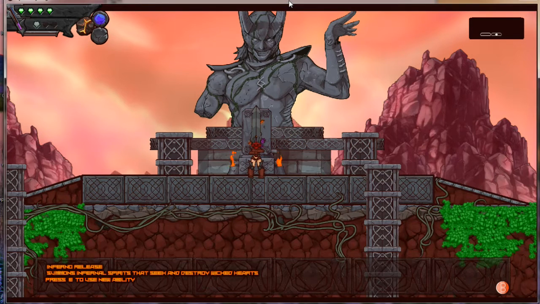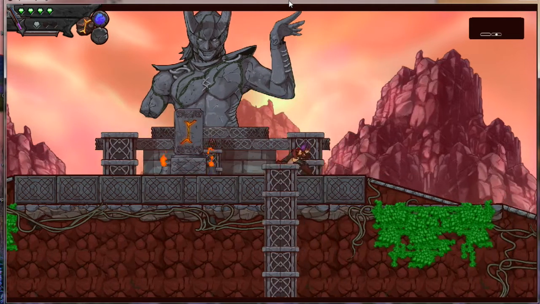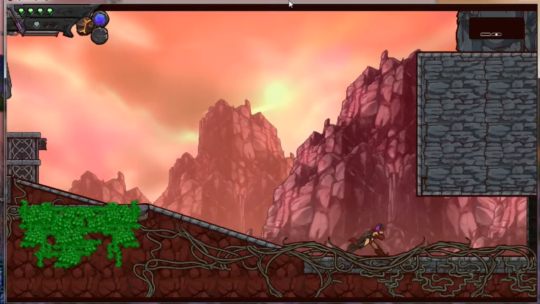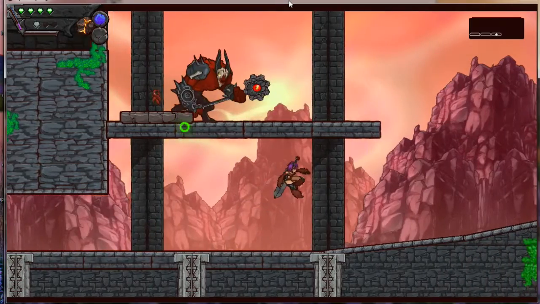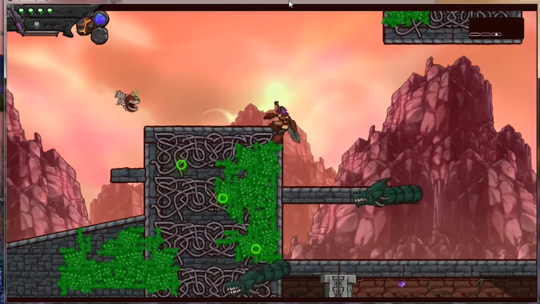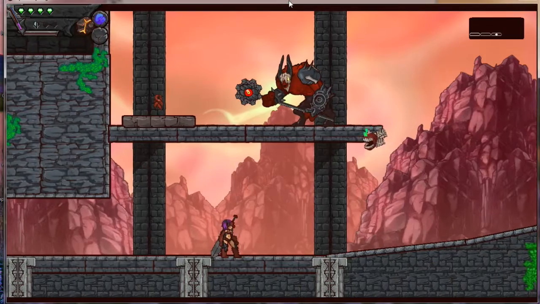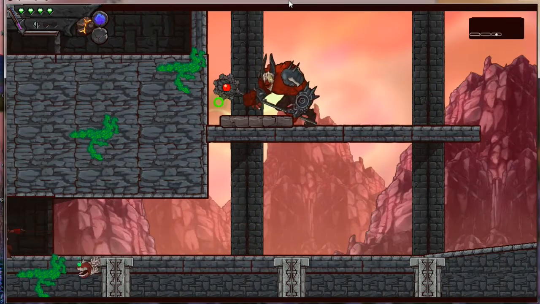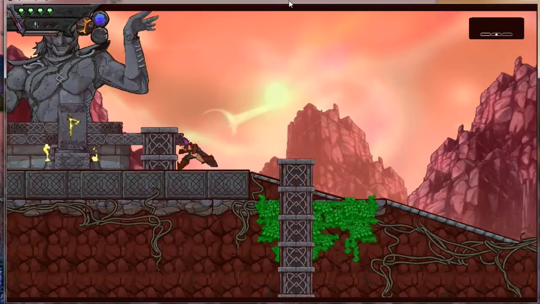Now this is an Inferno release. Summons infernal spirits that seek to destroy wicked hearts. Press E to use. So now I've got this ability. Okay. So I've changed out my special ability, it looks like. Alright. Ah, we got hit there. And I don't know why my ability is not working. I'm hitting my...